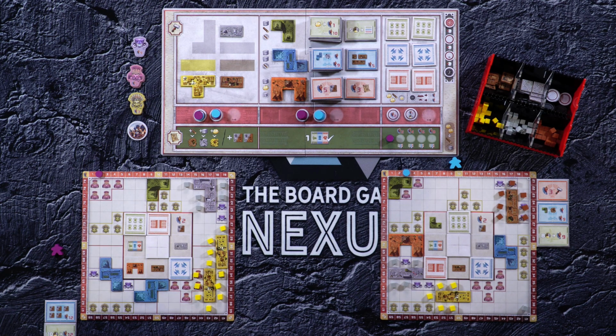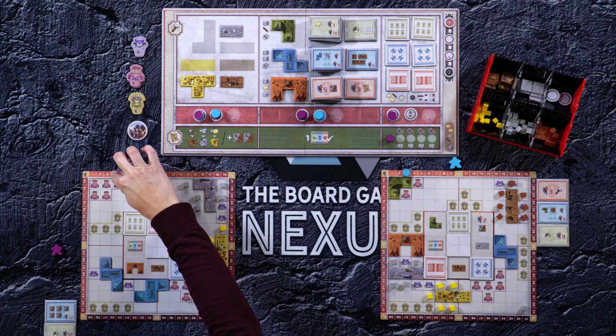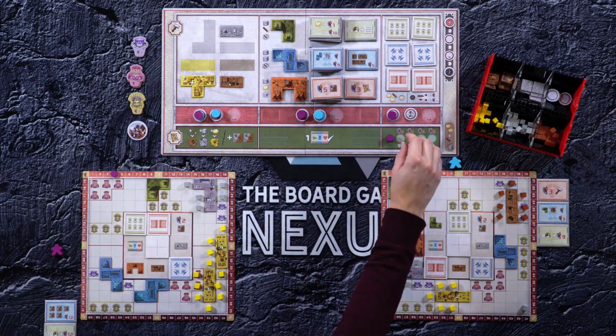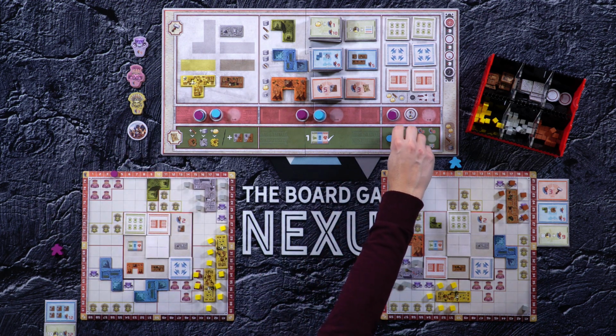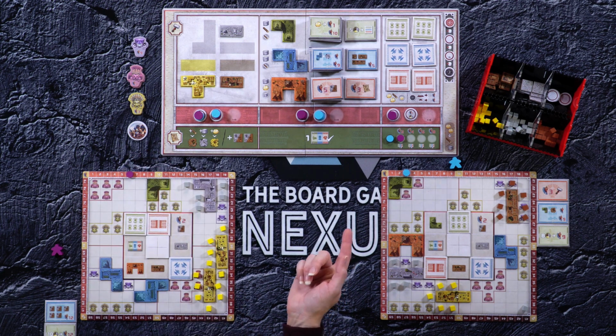All right, I've got 1 left. So I'm going to go here and just grab 2 points. Okay. 1, 2. And then I'll take the influence action down here and just go up 1 for 2 more points. Okay. And this also allows me to swap out one of my worship tiles. But